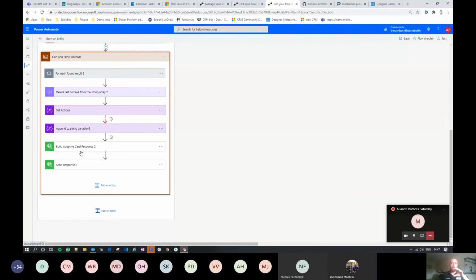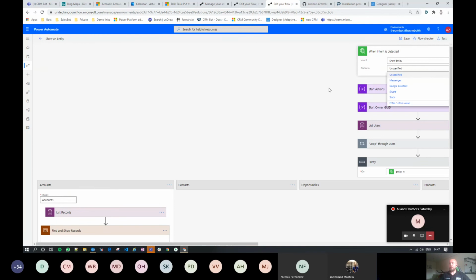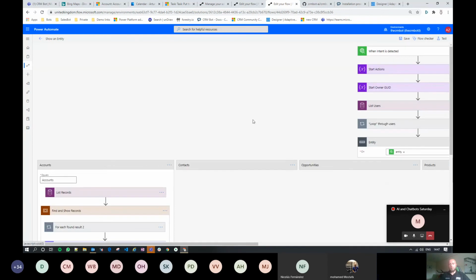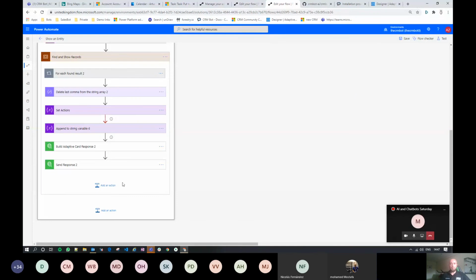You can just use the connector to build whatever you need and surface it on a channel of your choice by using the platform here. But this free product is limited to those intents that you've seen and to Teams as the platform. If you want to go above and beyond, just please get in touch.